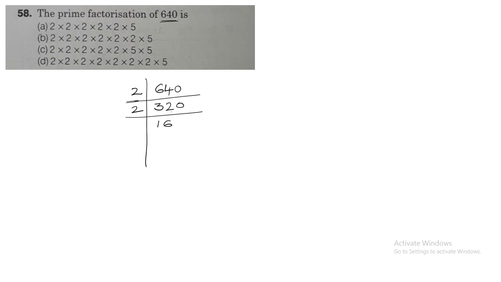So 6 times 12 followed by 0. Again in 2 table, so 2 8s are 16 followed by 0. Next again in 2 table, this goes 4 times, so 40. Again in 2 table, this goes 20 times. Again in 2 table, this goes 10 times. Next again in 2 table, this goes 5 times.